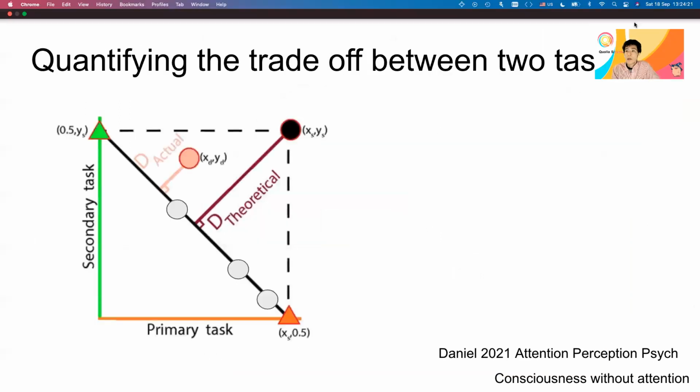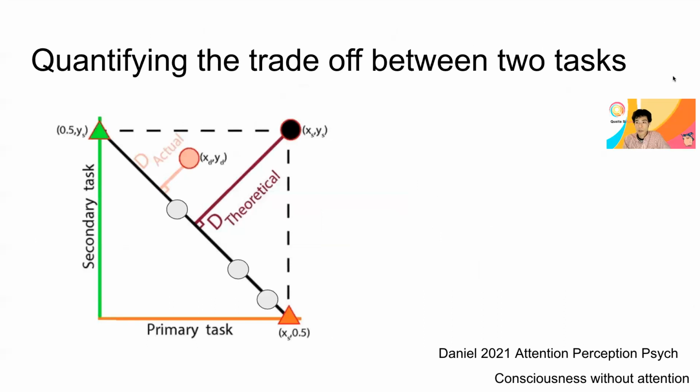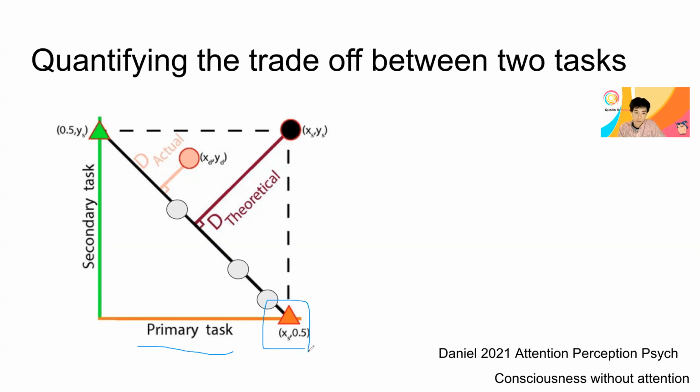And then here is a conceptual summary of what we are looking for in terms of the trade-off between the two tasks. So first, you need to select and establish this primary task. And that itself needs to be difficult enough so that if you do not pay full attention to this, then your performance goes down. So that's the task that you need to establish first. And in our case, it's usually the letter task that sucks up the attention. And if you don't pay attention to that, then its performance degrades.